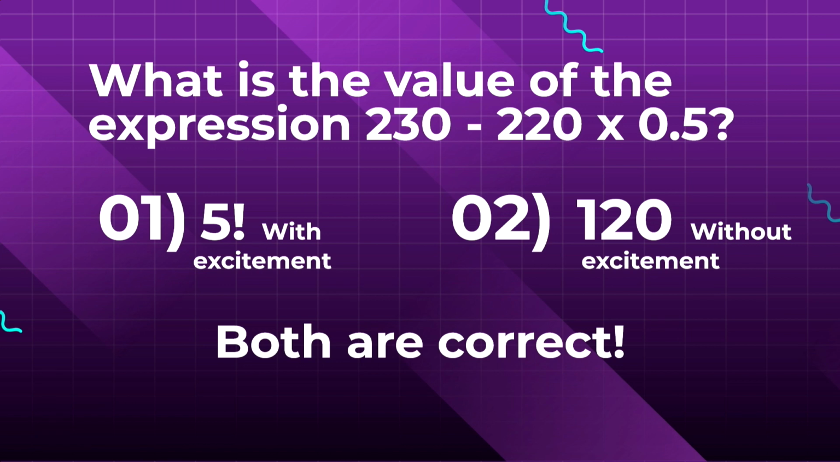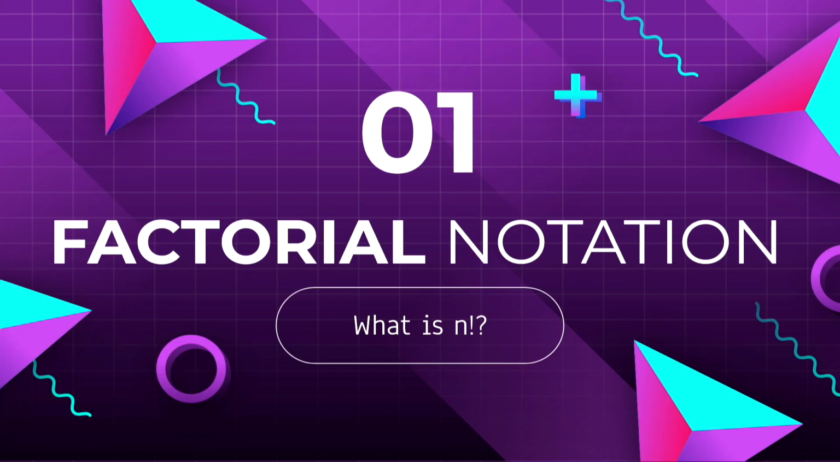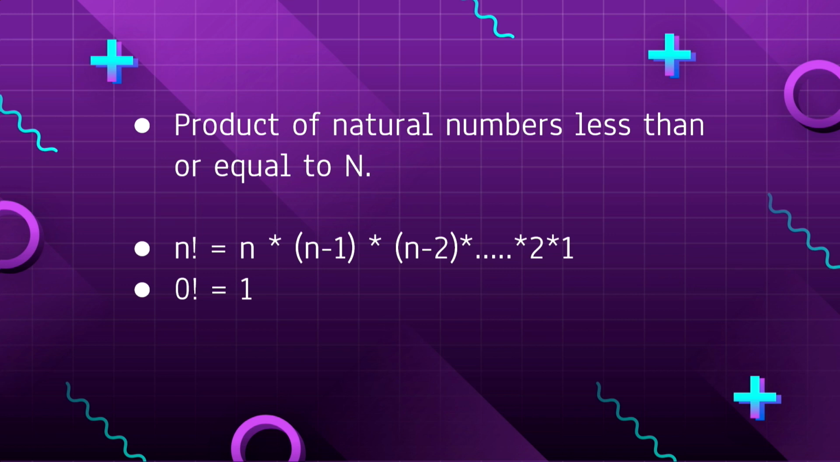But 120 can also be written as 5 exclamation mark. That exclamation mark is called 5 factorial. So before we jump into permutation and combination, let's just see what the notion of factorial means. The factorial of a natural number n is defined as the product of all the natural numbers less than or equal to n. So for example,